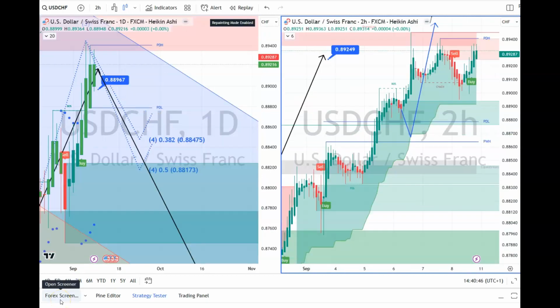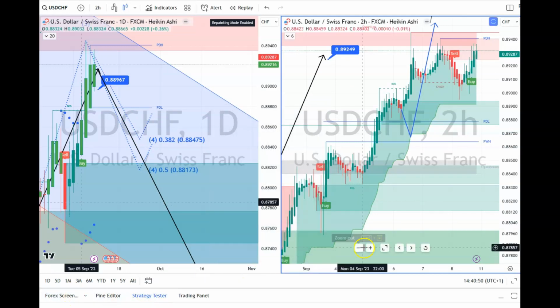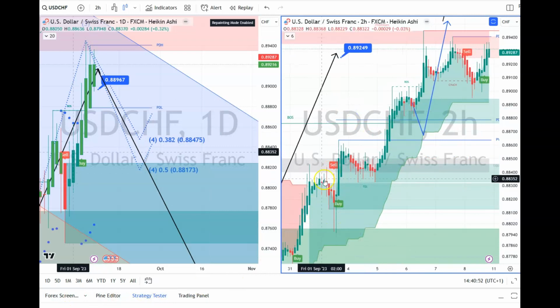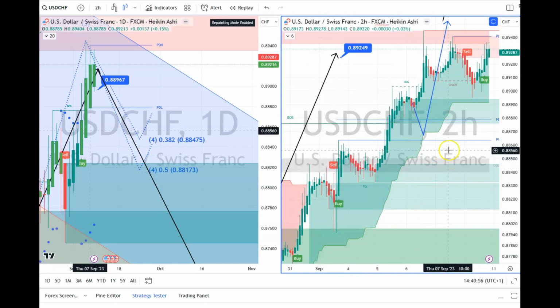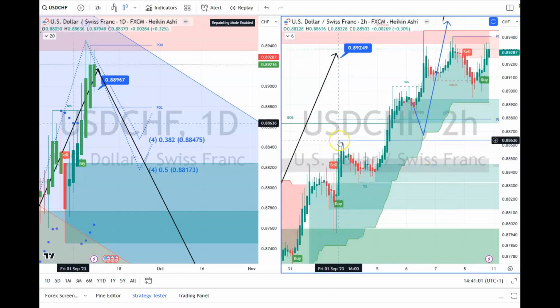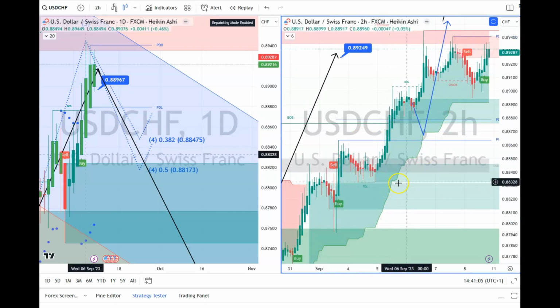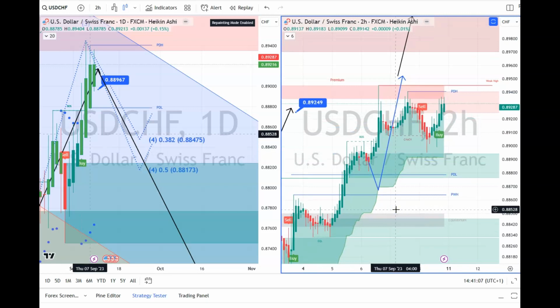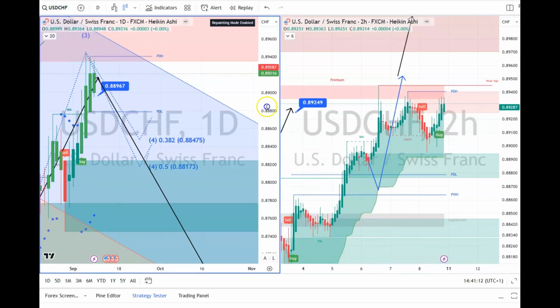Onto the US Swiss. Now again, let's do the maths. Change of character goes green to the upside, bullish. Swing low. Break of structure to the upside, trade, stop below the previous low. Off it goes. Now, in terms of the next week, I'm very interested in this because I think the DXY